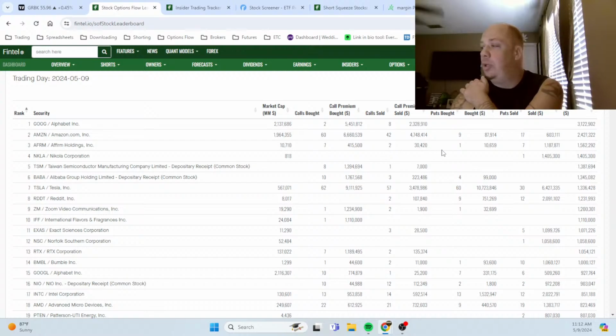So when we're looking right here, one of the first things we see is a really big difference between the call premium bot and put premium bot. Like I said, about 10-to-1 difference. This is actually a 40-to-1 difference. And what it is, NCAL,